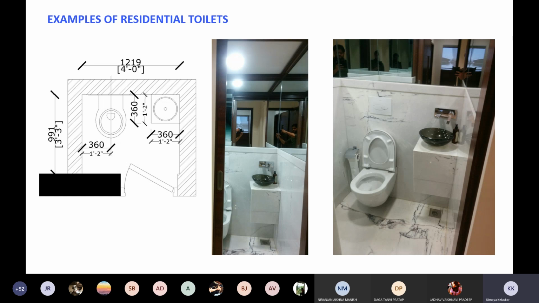The issue becomes if water spills around my toilet. If I keep the trap next to the toilet, like on the left in this picture, the water will drain out without wetting the basin area. But now the basin area is also getting wet if we keep the drain there, because the water flows towards the drain. But try and understand, you don't have any kind of a tap on the other side. The water of the bowl is going to overflow at some time.